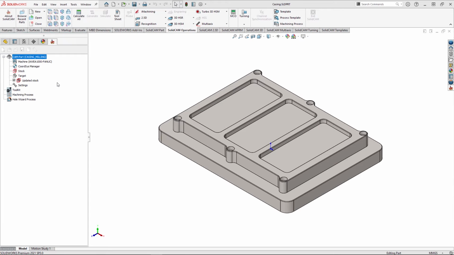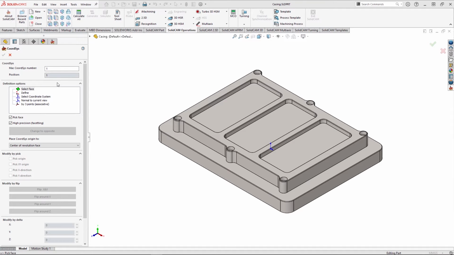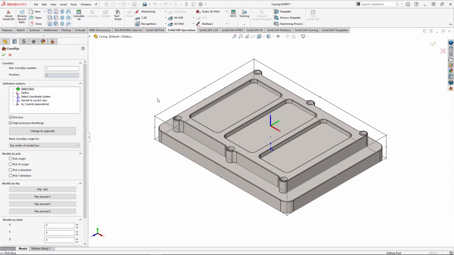Once clicking coordinate system, we can see we get a MAC number and a position number. MAC number would be your G54 or G55, and position number would be if you're doing any rotations potentially. You can easily pick where you want the coordinate system by going to the drop down and picking top center of model box if you wish. Now you can pick the face as well. And you can see in this case, it draws a box around the part for me,